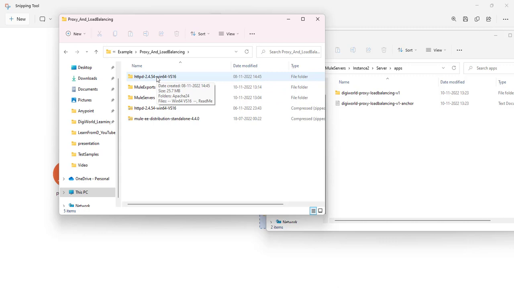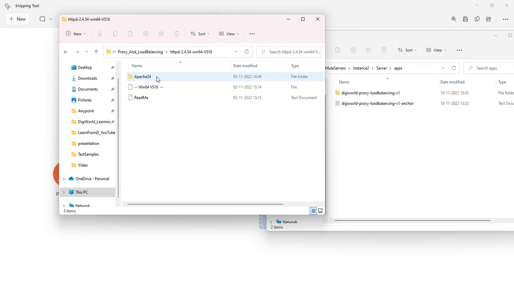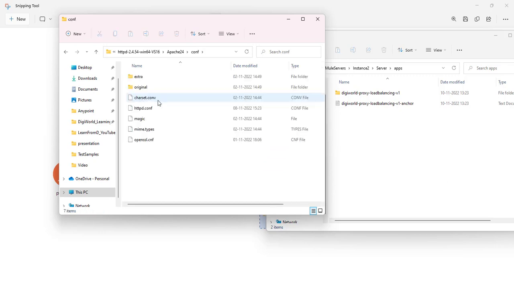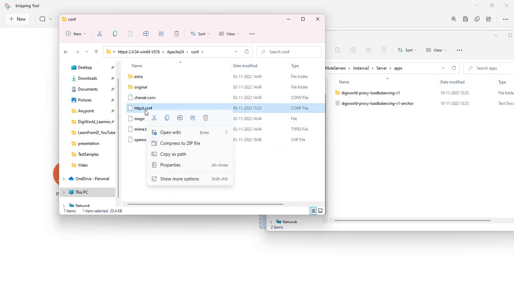So this is the one we have. Now inside HTTPD we have this one. I would like to say that this configuration of Apache HTTPD, the Apache HTTP server, we already covered in the part 1 video. So please go through that one if you are facing some difficulties understanding this. So we'll go to config, and then we would just like to open this one,